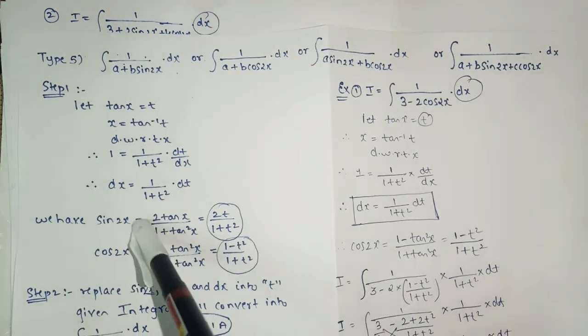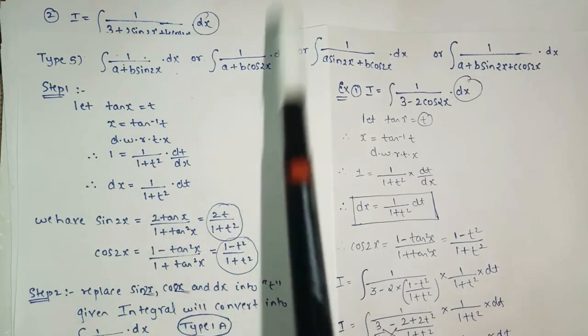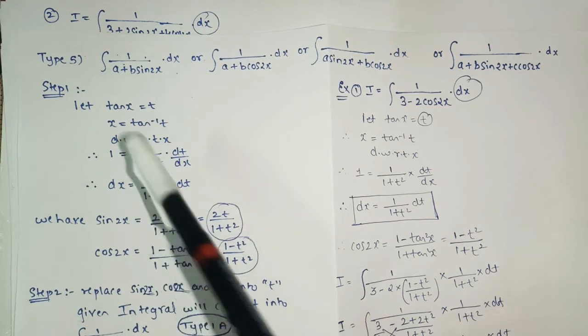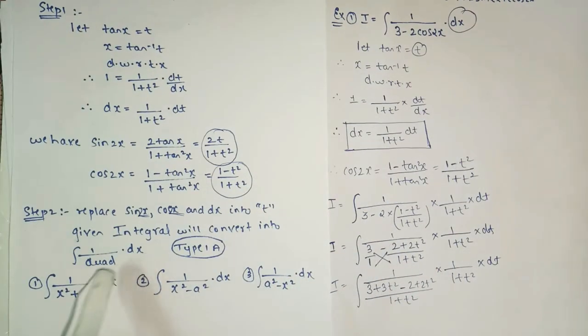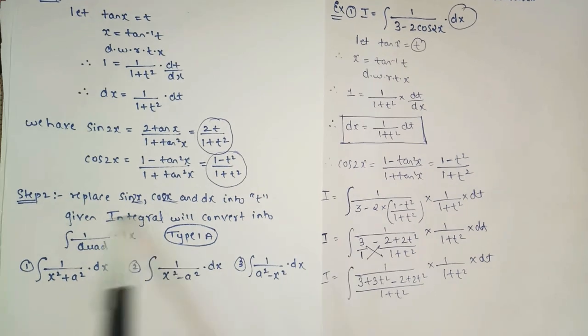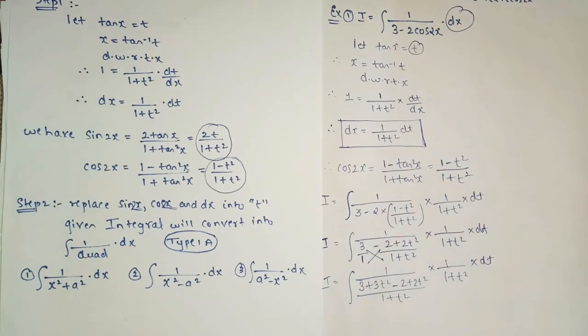Okay, and this true formula is the multiple of angle. So in type number 5 we are using the multiple of angle, and in type number 4 we are using half of the angle. The rest, in both the cases, step number 2 will be the same. It will get converted into 1 upon quadratic, as I told when we were solving type number 1a. As I told, type number 1a will play an important role, because in many types, this format will come, 1 upon quadratic. So you have to be perfect with the 1 upon quadratic section. If you don't know what is 1 upon quadratic, please go back and watch my previous video lecture, in which I explained what is type number 1a in depth.